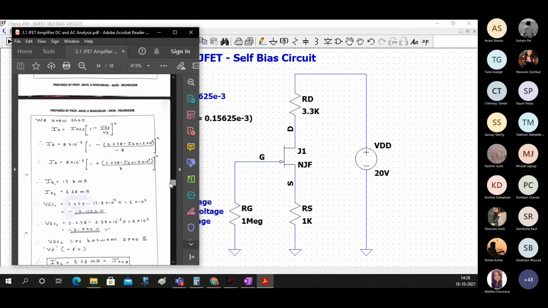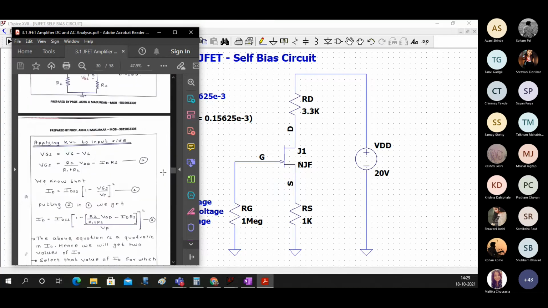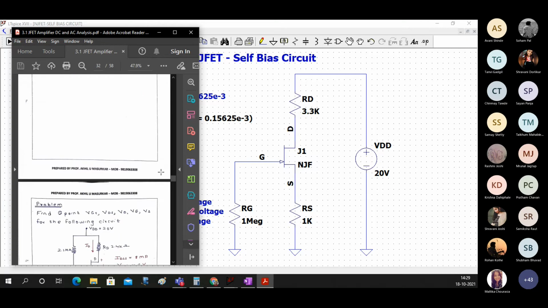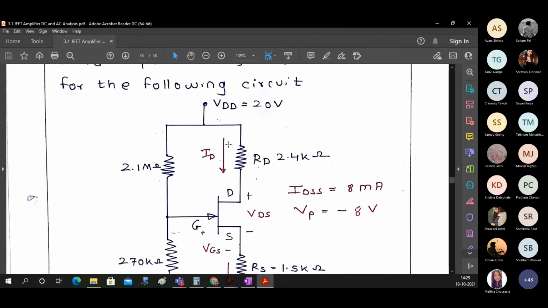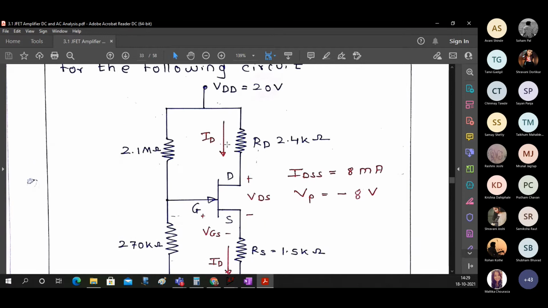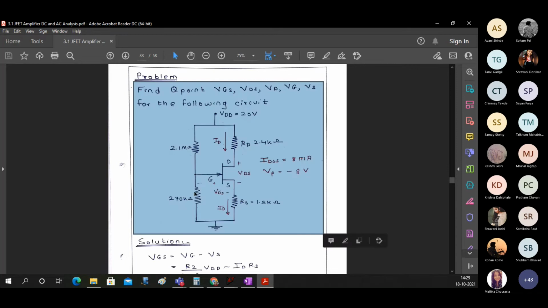Yeah, so let's do a potential divider bias circuit. You already know the circuit specifications, which are like this. Through our lab, this is the problem that we have done in the class.